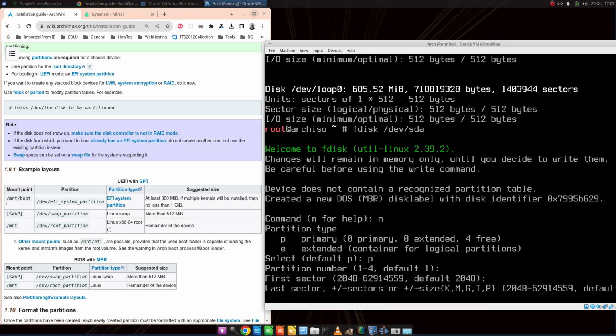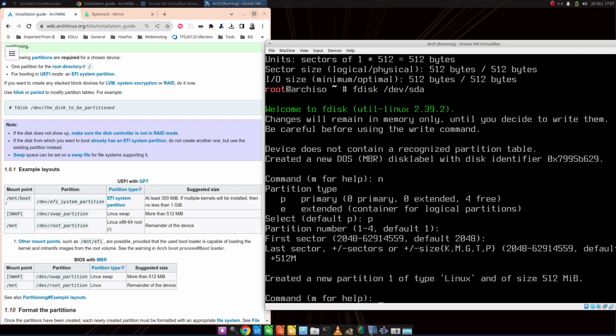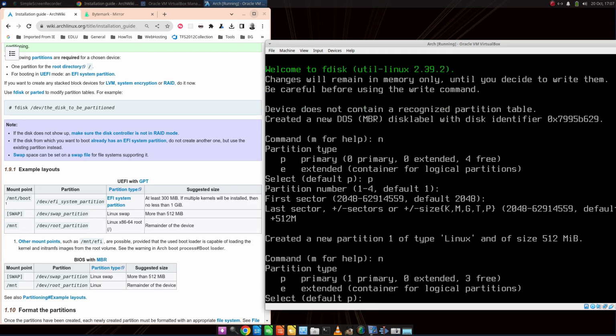and then you want to say how big you want it. If you want a swap partition, you make it 512 meg. We do not need the EFI system partition because this is a virtual machine. We're going to do a standard boot. So all we have to do is type +512M. So that's created the first partition, and then we're going to do n, and we're going to do the second